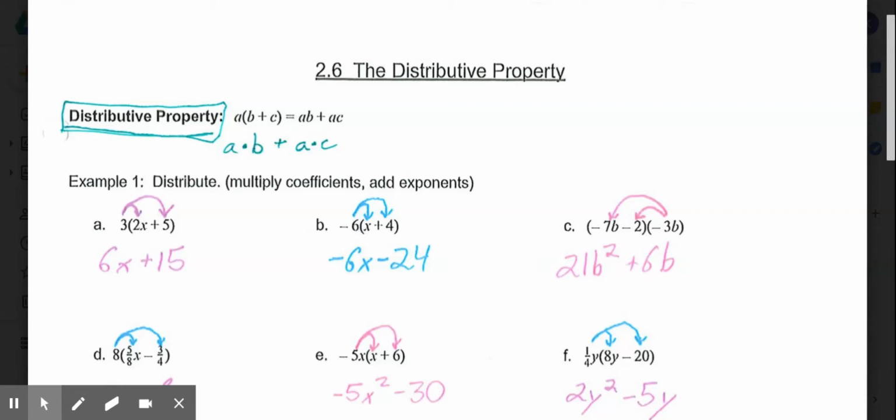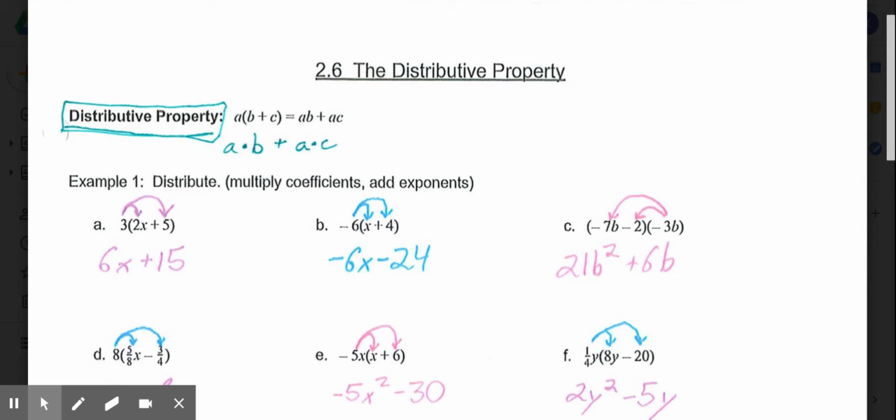Welcome to lesson 2.6, the distributive property. And mainly we are looking at the distributive property related to real numbers. So the distributive property is following our lesson on multiplication because the distributive property simply involves multiplication. So as we go through that today, keep in mind that the distributive property will be the one that involves